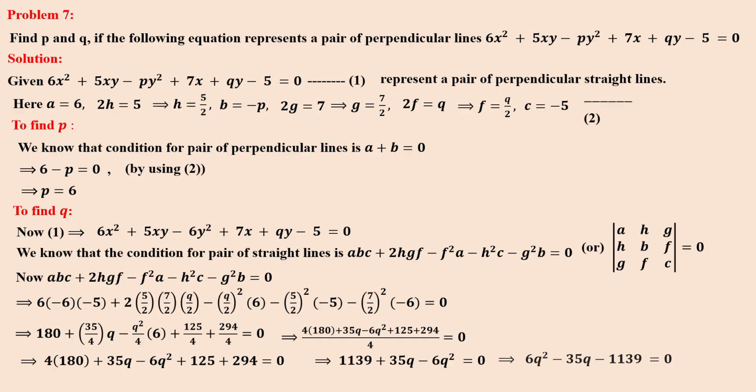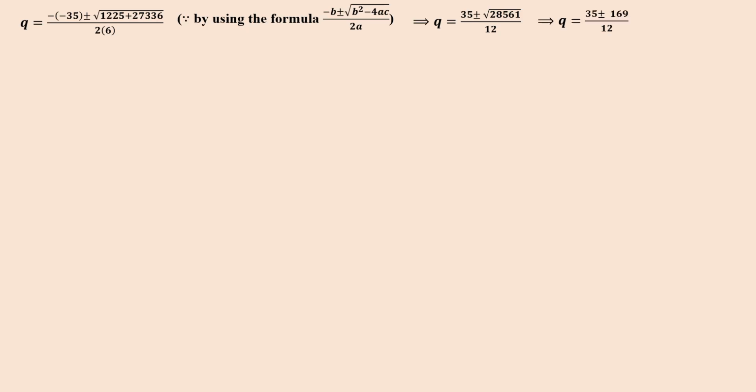So q is equal to −b, that is 35, plus or minus the root of 35² + 4 into a into c, that is 27339, divided by 2 into 6, right? So we will get 35 ± root of 28561 by 12. Root of 28561 equal to 169. So we will get two values